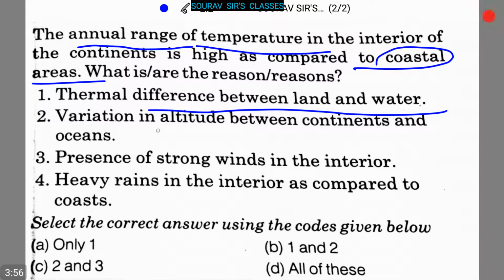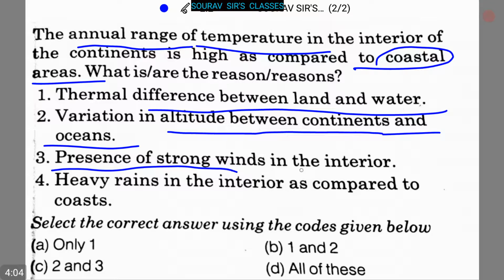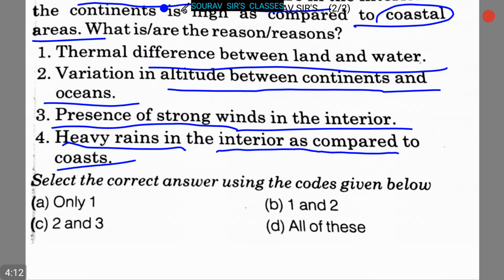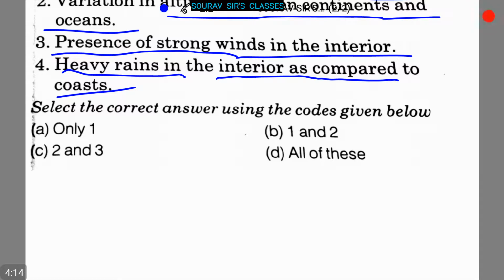Point 2, that is variation in altitude between continents and oceans. Point 3, that is presence of strong winds in the interior. And point 4, that is heavy rains in the interior as compared to coasts. And here four codes are given. We have to choose one of those.